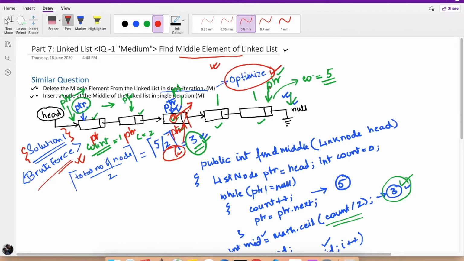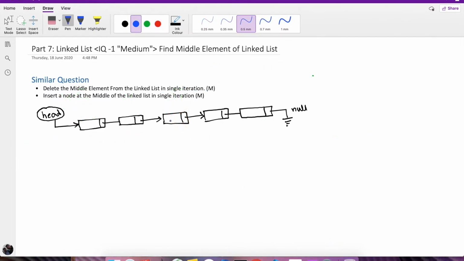So let's move to the next solution. So let's start with the second solution and the optimized solution of this problem. So before jumping into the coding section for this solution, let's understand the solution of it in the whiteboard session. So as I have already told you that when the interviewer is asking a question with single